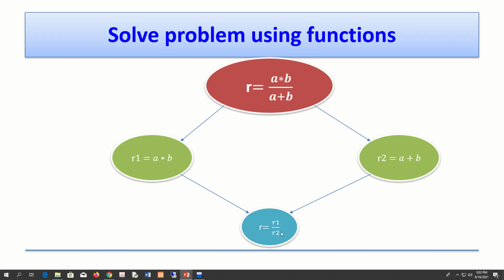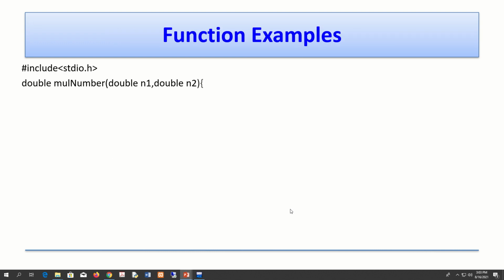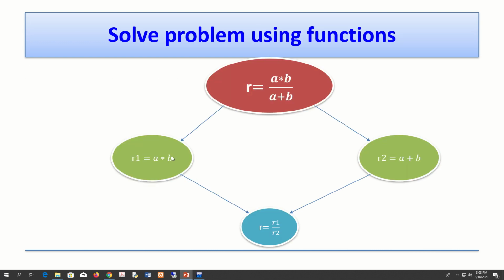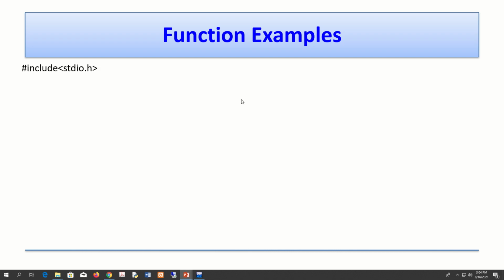So we can define three different functions for these three calculations. One function for r1, another one for r2, and then another one for r. So let's see. Here I declare a function called multiplication for this one, addition for this one, and division for this one, like that. So let's see, like this. In here I include the standard input output file,